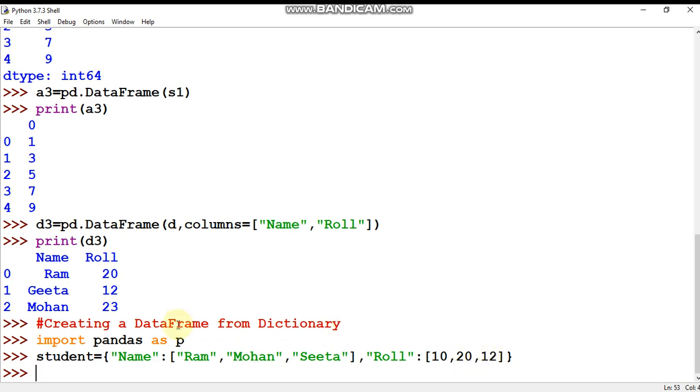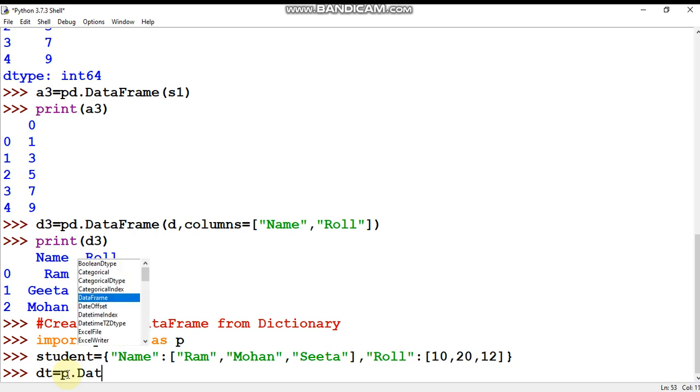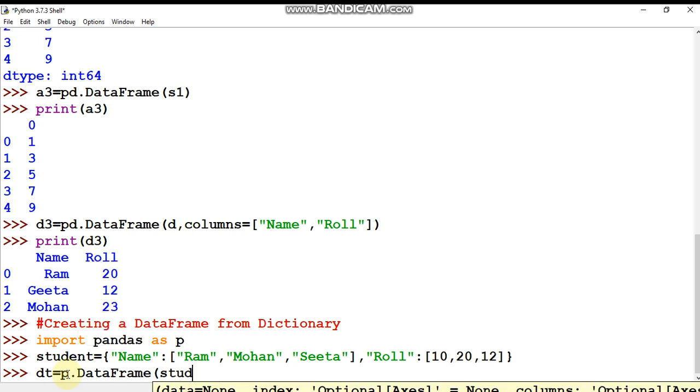Now I'm going to create a data frame named dt. We know I have imported pandas as p, so here we cannot use pd. Here I have to use p dot DataFrame, and simply pass this dictionary.